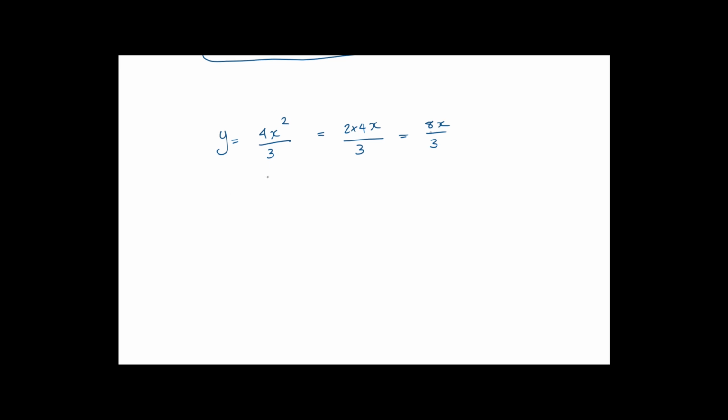Or we could rewrite this one to be 4 over 3 x squared. And then when we come to differentiate that, it's going to be exactly the same. It's going to be 8 over 3 x to the power of 1 when we come to differentiate it. So that's the y, and that's the difference of y with respect to a change in x. Okay, that's a little introduction to the power rule. It's really, really important. So we'll be doing quite a bit of